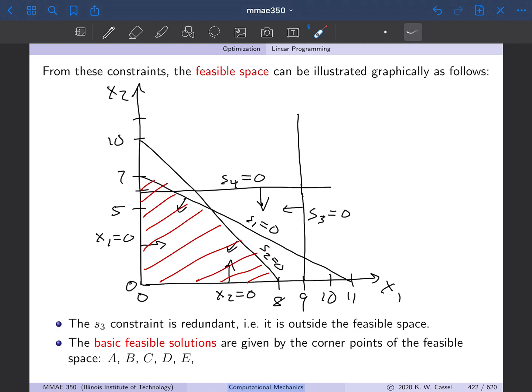So we have how many basic feasible solutions? Remember, the basic feasible solutions are the corner points of the resulting polygon. So let's, and I messed up my,